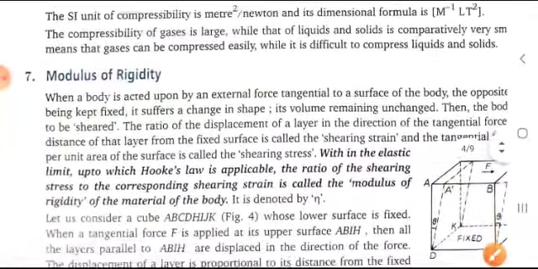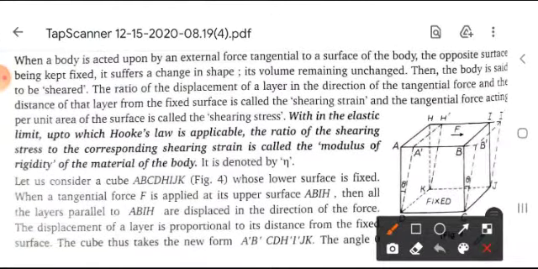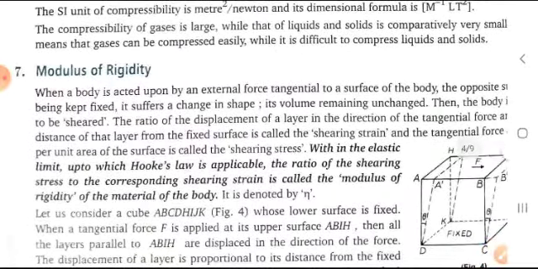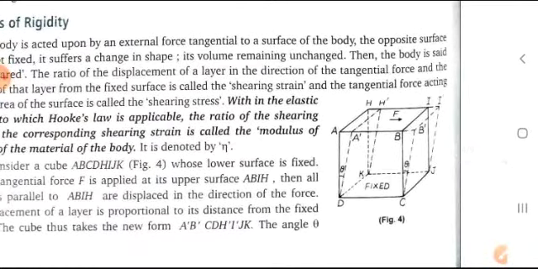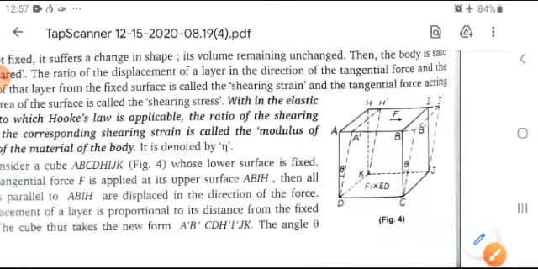Now moving forward, what is modulus of rigidity? Modulus of rigidity is the ratio of shearing stress to the shearing strain. Suppose we take a cuboid ABCD as shown in the picture, JKHI. After applying the parallel force, that is F, its upper surface moves forward by angle theta and the bottom surface is fixed. Then what comes?